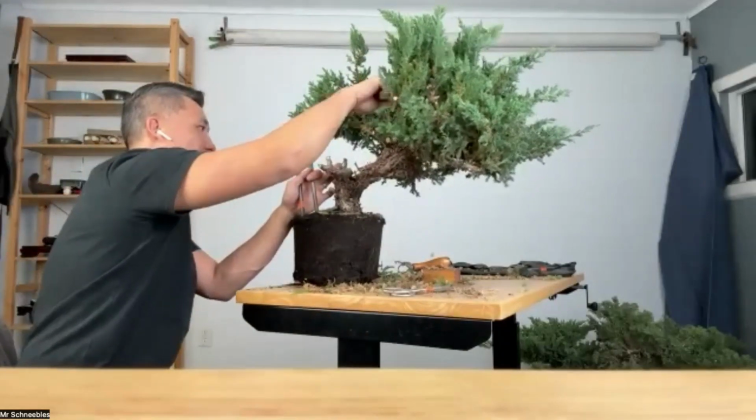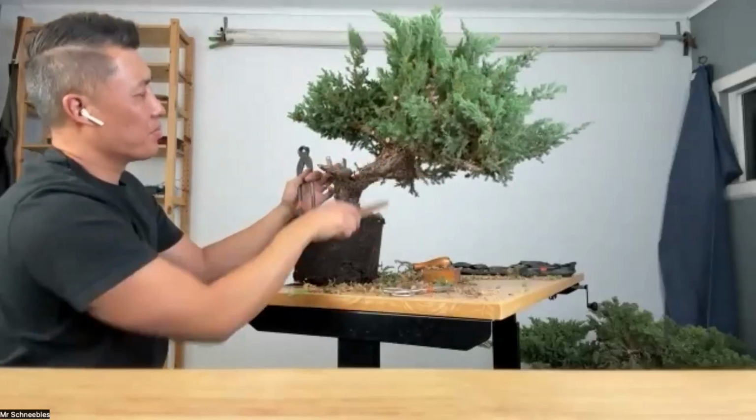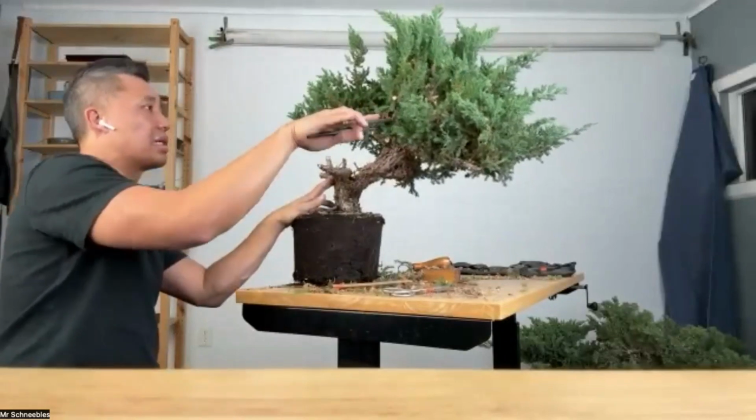Well, that's looking a little bit better. Oh, there's another spider. So now that you've thinned it out some, do you have a sense of what you want to do with this tree? Let's see. I've thinned it out a little bit. It's not fantastic, but